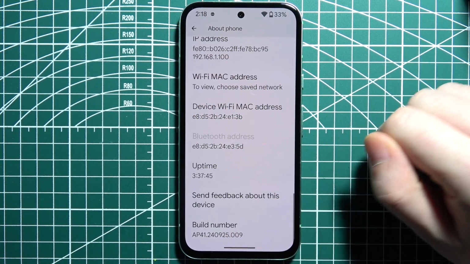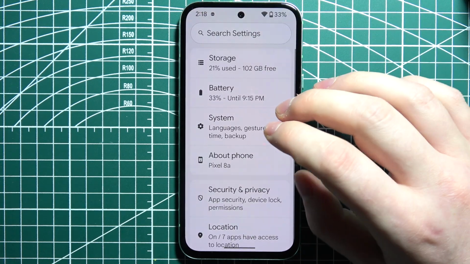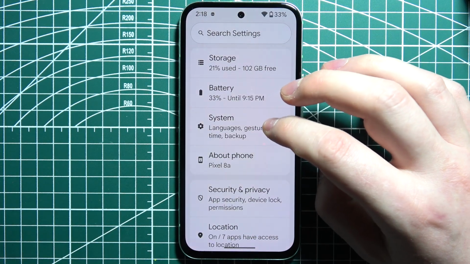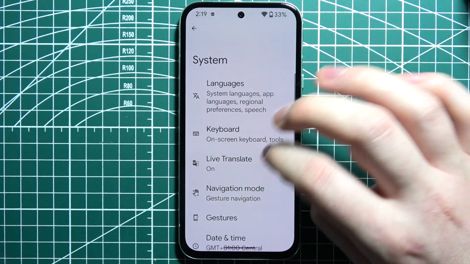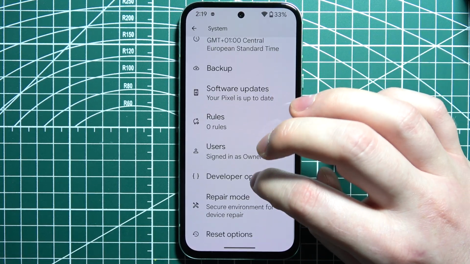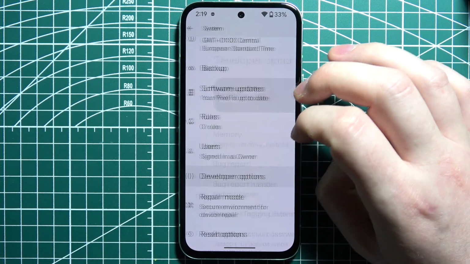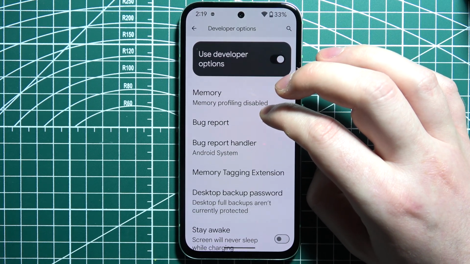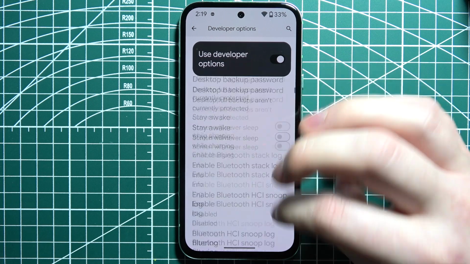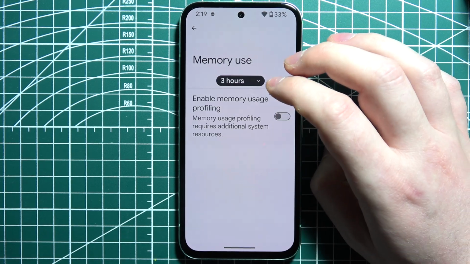And as you can see, I'm already the developer on this device. So now to access our memory usage, we'll need to go to System, navigate down to developer options, and right here we can find our memory usage. It should be around here, or when we click on the memory profile